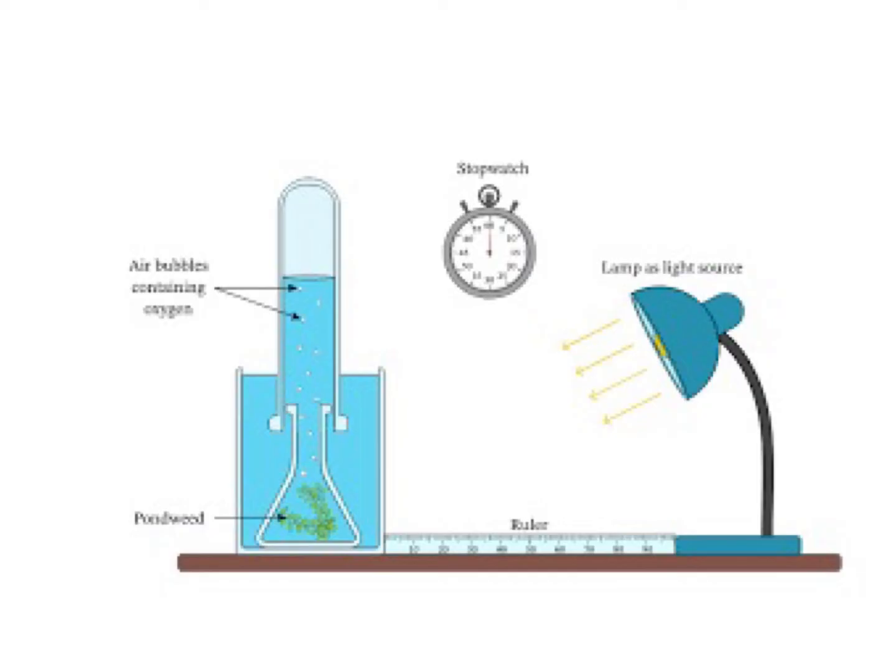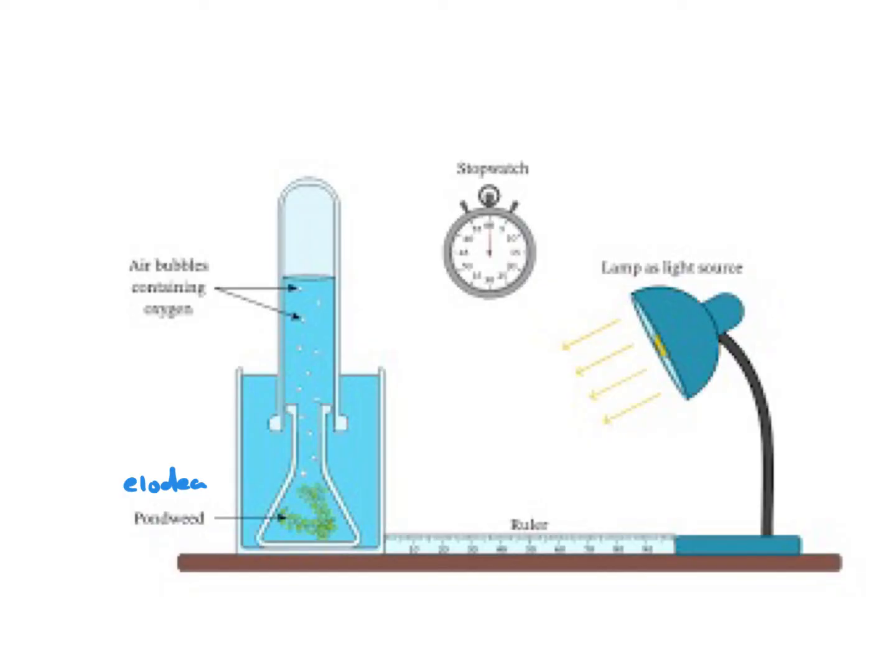Now, your setup for the experiment might have looked slightly different from this, but the idea would have been the exact same. So we're trying to investigate the effect of light intensity on the rate of photosynthesis. So we're going to increase and decrease the amount of light that this particular plant is getting. Now, the first thing we're going to notice here is we're actually using a water plant known as Elodea or pondweed. And the reason we use a water plant is because it can undergo photosynthesis underwater, and because it's producing